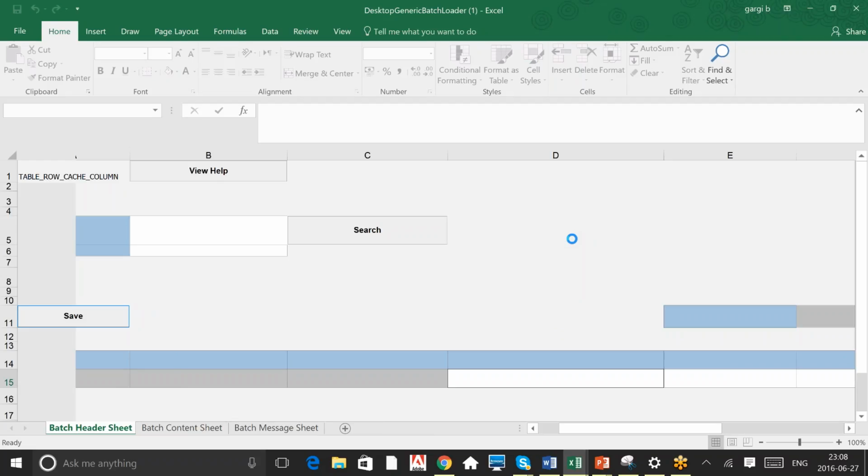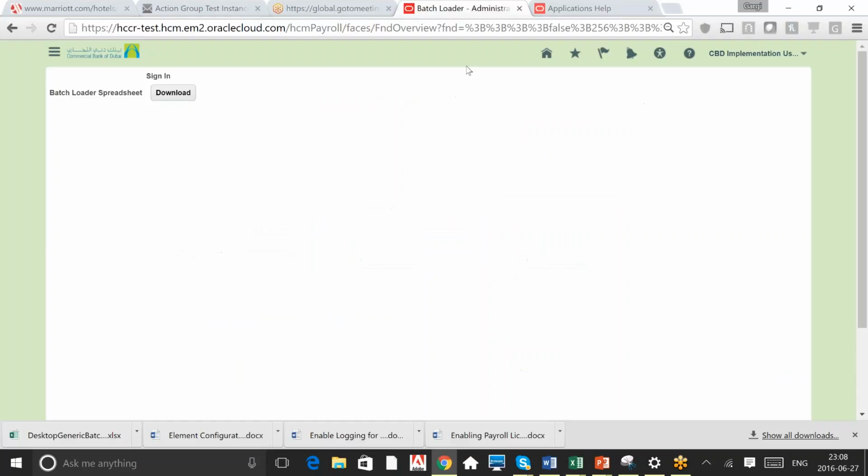It's taking some time to open the desktop integrator. I will go back to the system and show you how we'll transfer the batch. So let's assume the batch has been created using the spreadsheet loader and uploaded into the system. Now we need to go back to the,